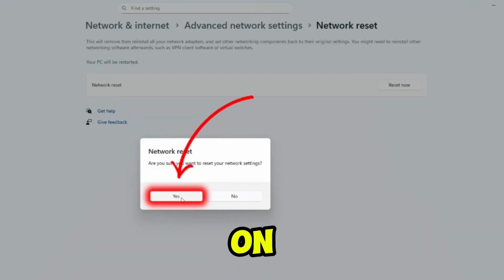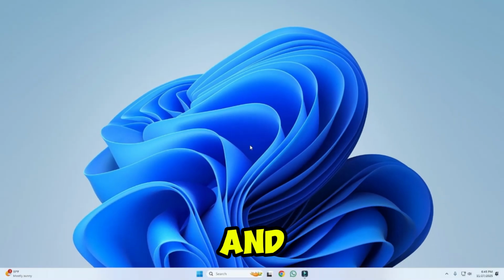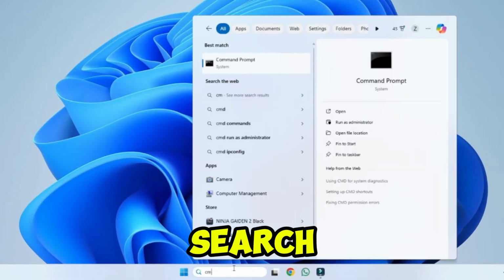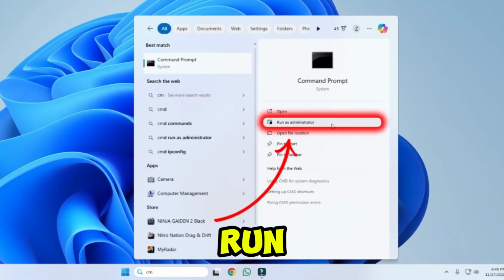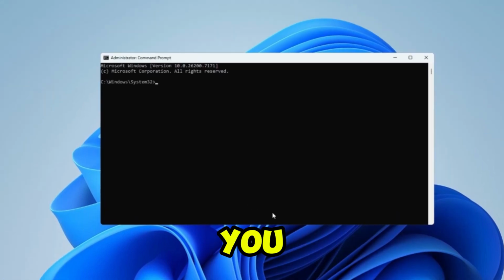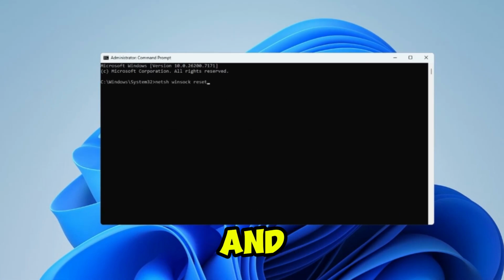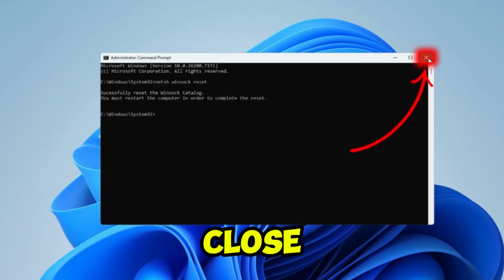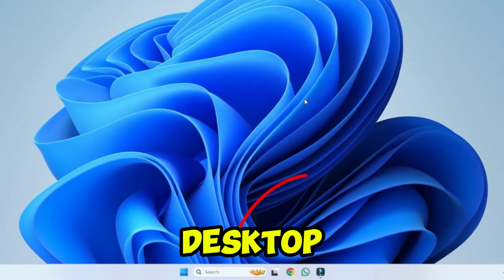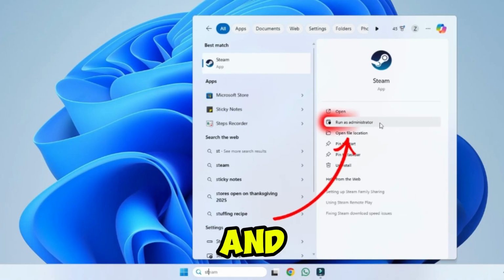After this, click on yes. Now close this window and from desktop, click on search and type CMD and click on run as administrator. Here you have to type netsh winsock reset and then hit enter. After this, close it and once again from desktop, click on search and type Steam and click on run as